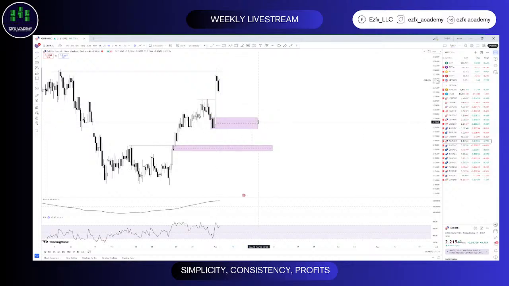Let me just give us the coordinates first, then I'll explain. First, POIs between. So the first one is between 2.19841 and 2.19339. And my second POI is between 2.18589 and